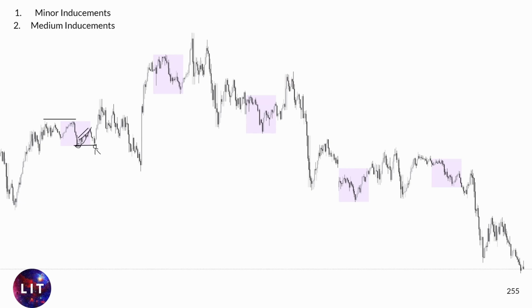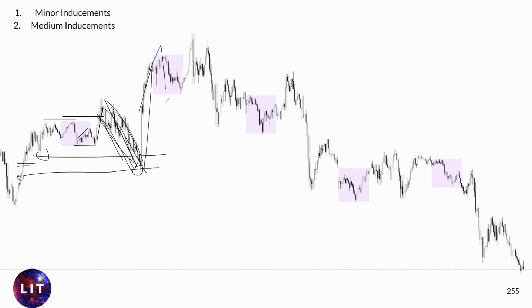So what's the next target they go for? Of course, the liquidity. Building up the channel, grabbing this built up liquidity in here for now to go short. So they're going short instead, grabbing this liquidity, building up the false channel. Guess what they're doing? Breaking the internal inducement in here, going for the mitigation area. You can see the imbalance from this candle to here, mitigates this area, building the whole sell channel. Now it has all the sell side liquidity built up and obviously can push higher now.